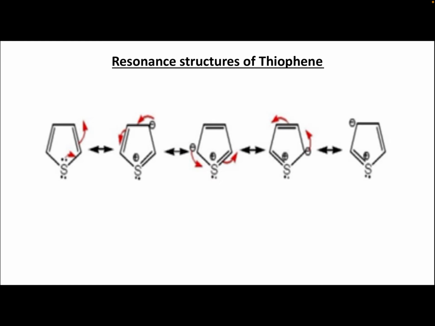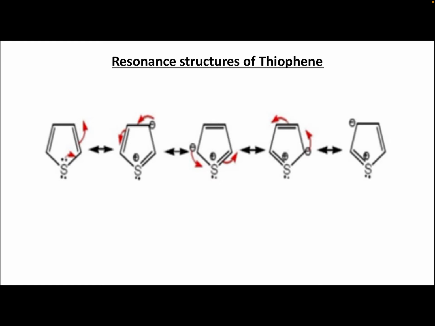Resonance structures of thiophene, we are seeing that thiophene has 5 resonance structures. So it is a 5-membered heterocyclic compound in which sulfur is the heteroatom. In the first figure we are seeing that the lone pair of electrons on sulfur is shifting to the next carbon, and then that bond is shifted and a negative charge is formed. In the second figure you are seeing the negative charge is again shifting and the double bond is shifting and you are getting a negative charge, and in the third again the negative charge is shifting and the bond is shifting to form a negative charge. So as the bond shifts, a negative charge is formed, and as a negative charge shifts, a bond is formed.